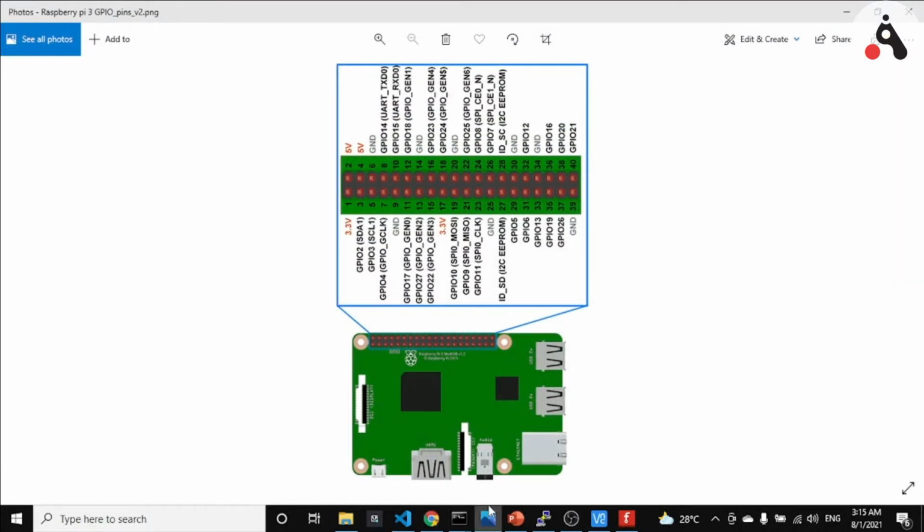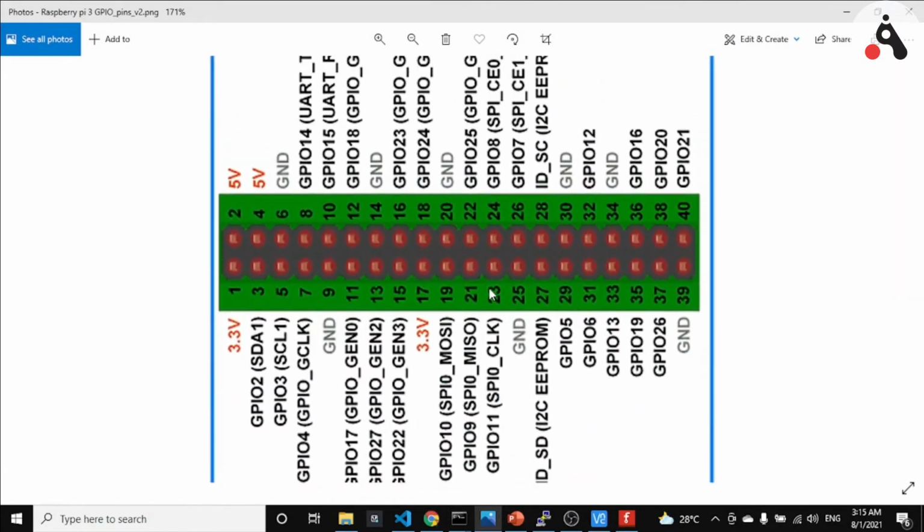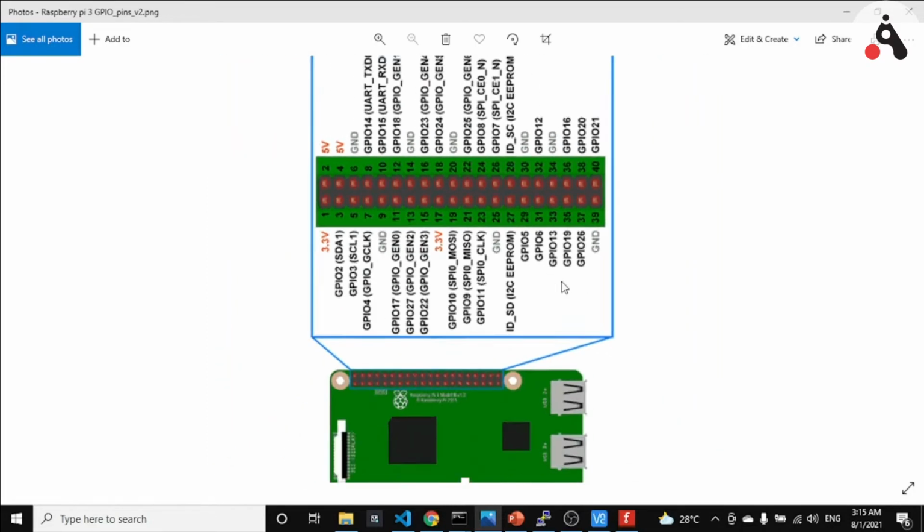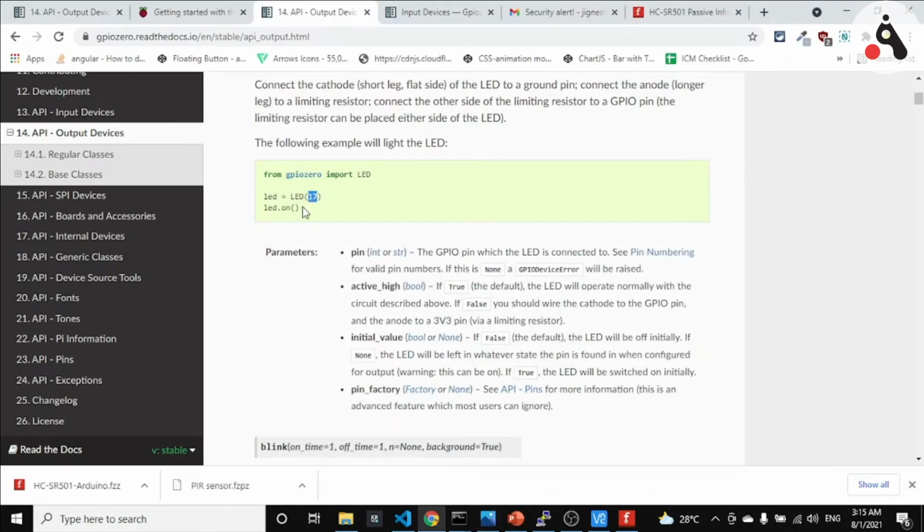Let me show you the difference between pin number and GPIO pin number. The pin number is 1, 3, 5, 1, 2, 3, 4, 5 like this, and the corresponding GPIO pin number is right here. In this library we pass the GPIO pin number as the argument.